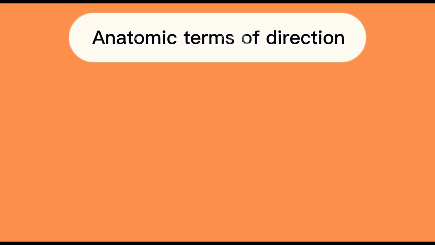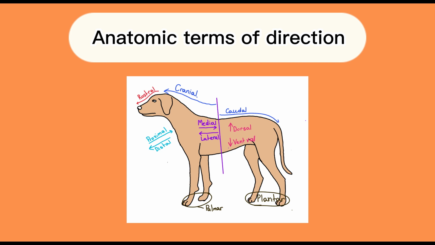Terms of direction: cranial, toward the head; rostral, toward the tip of the nose; caudal, toward the tail end; dorsal, toward the back; ventral, toward the belly; medial, toward the median plane; lateral, away from the median plane; deep,